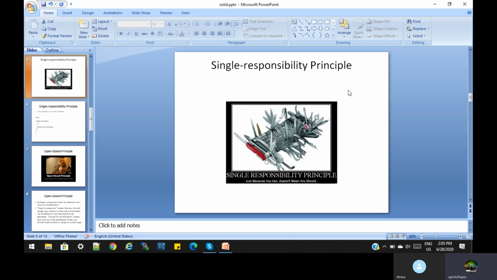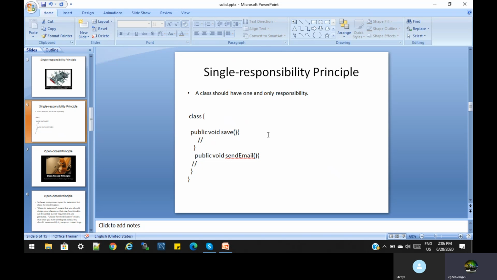First is single responsibility. When we are going to define a class, the class should contain one responsibility, so it is easy to maintain. Let us consider I am creating a registration page, and on that page we have fields like name, age and roll number, and we have to save them in the database, and after the save it should go out by mail. We should not define both things in a single class.